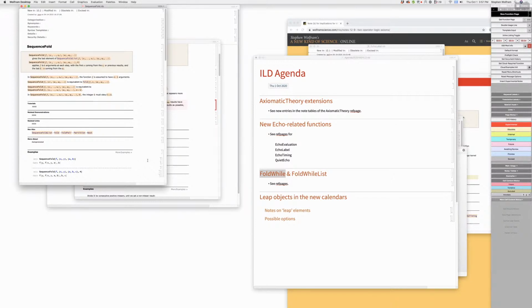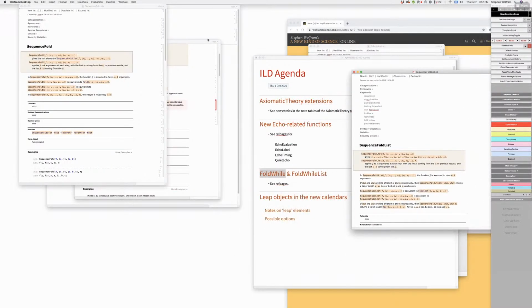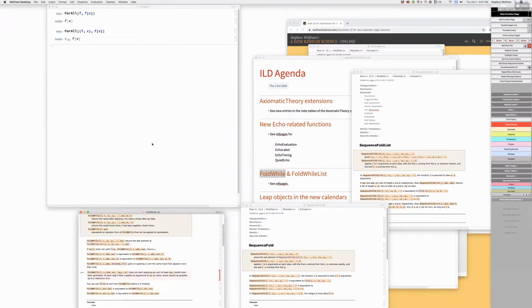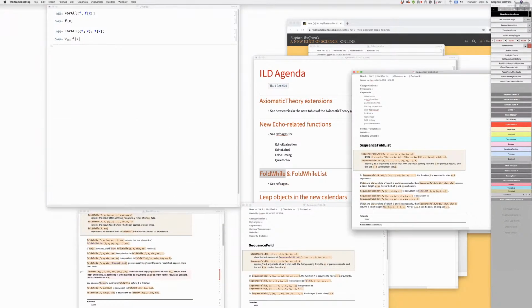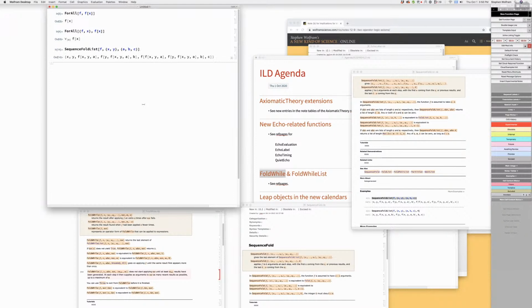Yeah, so this is the fold variant of the sequence family. My God. You see, this is upsetting because this is what happens if you introduce these functions 30 years later: you just don't remember they exist. But this is not that old. I know it's not that old.